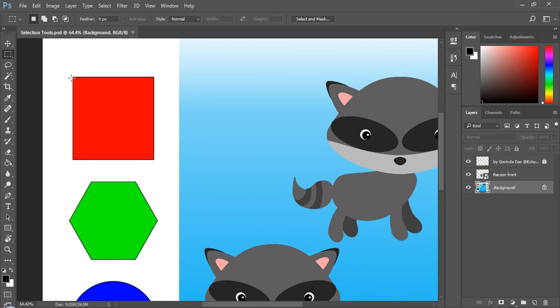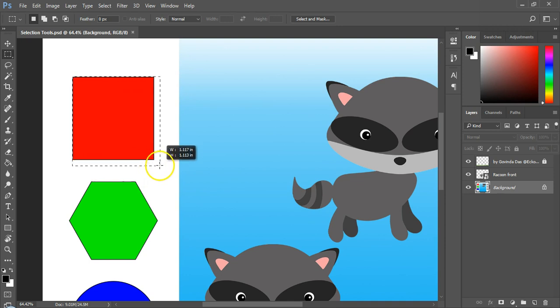First of all, click and drag from the top of the red square to the opposite corner to select the square. While you are selecting the square, you can see a rectangle being drawn with dashed lines. These dashed lines represent the area we are about to select if we release the click right now. And because we have selected the rectangular marquee tool, the area will be selected in the shape of a rectangle or a square. A quick tip to remember here: if you hold the Shift key while you are dragging your mouse with the marquee tool, you will create a square. Release the Shift key in the process itself, and the shape is back to being a rectangle.